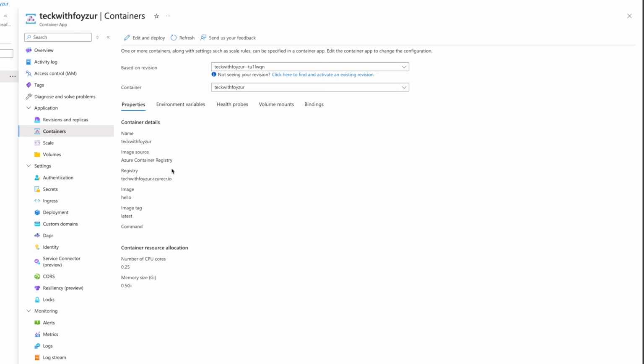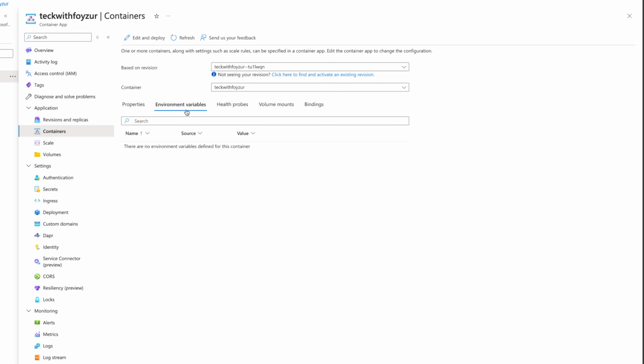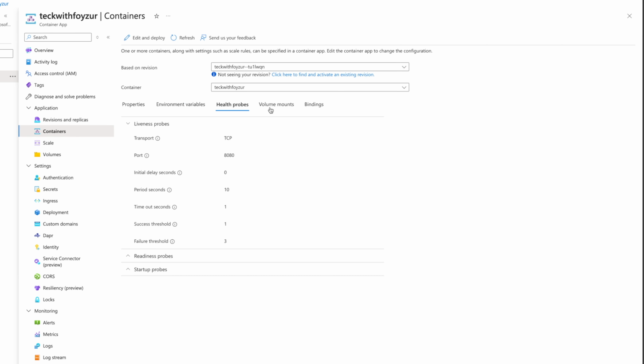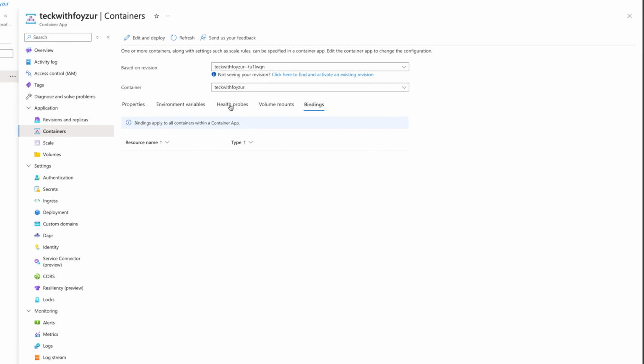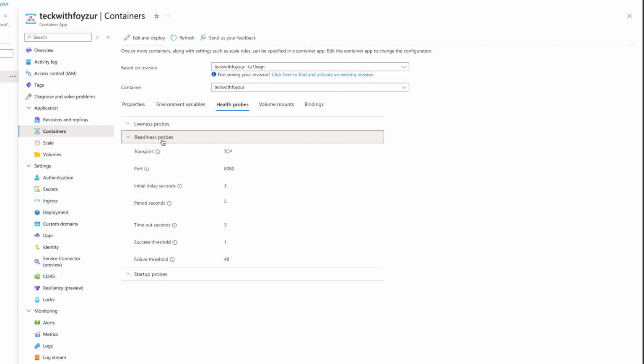So first of all, we want to see what we have done here. Everything looks good to me. Environment variable is nothing. Yeah, that's the wrong port actually I have assigned. As you can see, I made a mistake. So I need to get it fixed. So how do I fix it? The liveness probe is actually checking 8080 when it should be